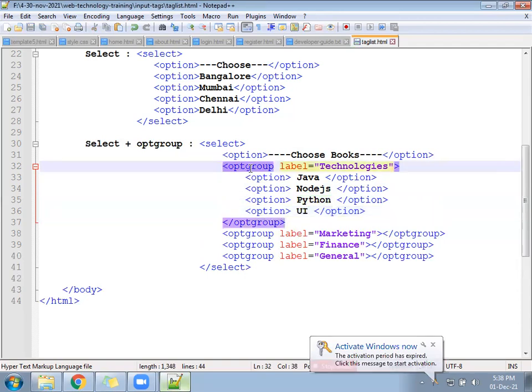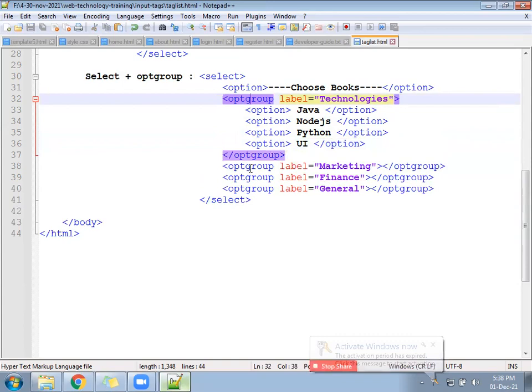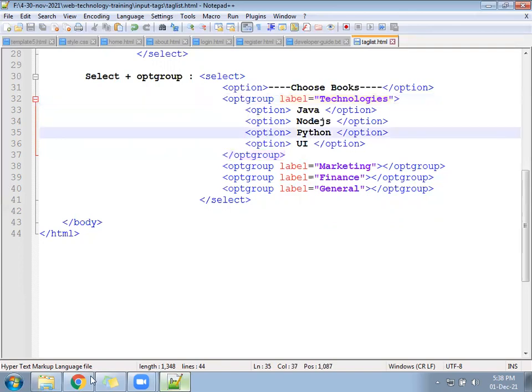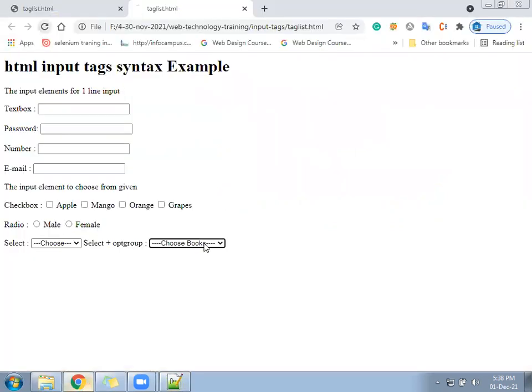Check now. From the technology group, you can select anyone. Clear?